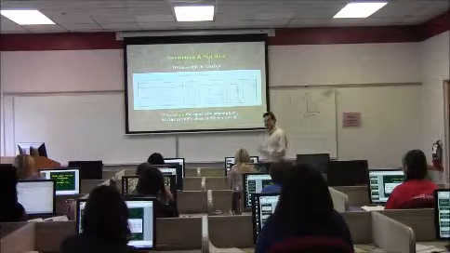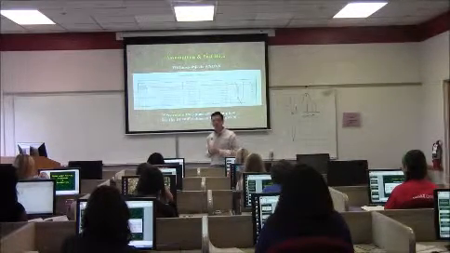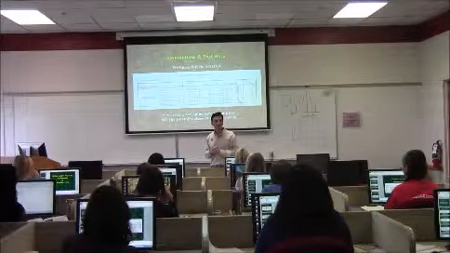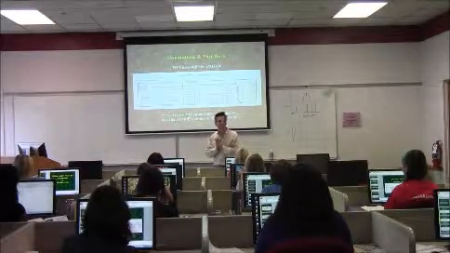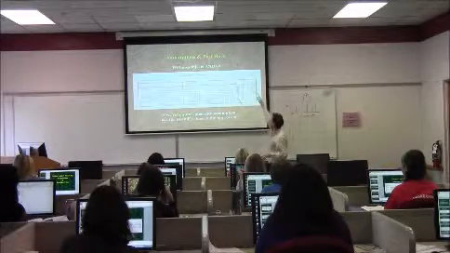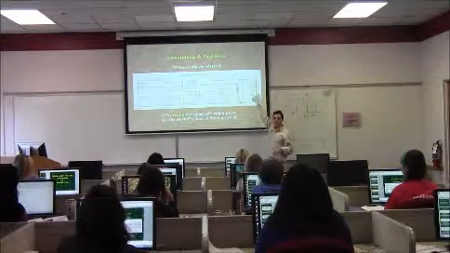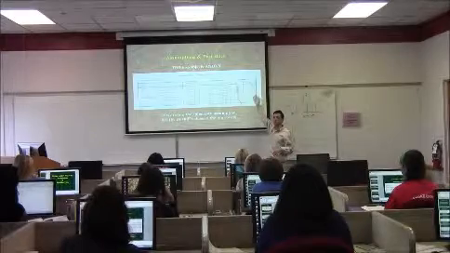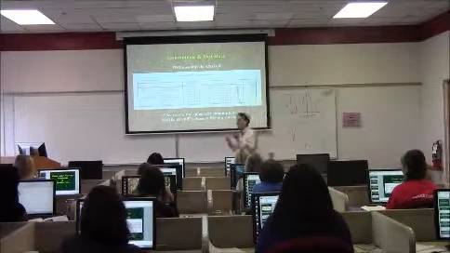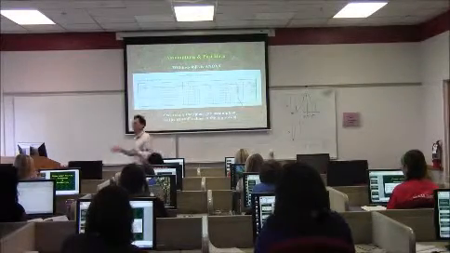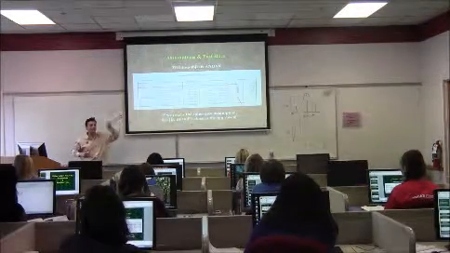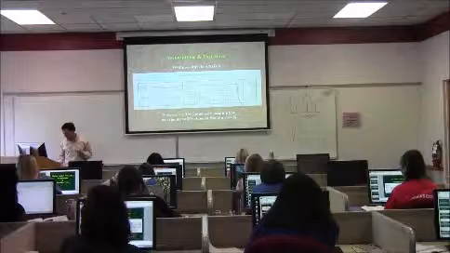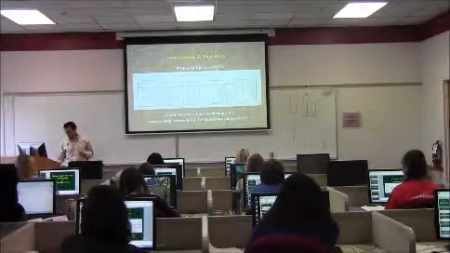I think there's a German expression that goes something like, a person with a watch knows what time it is. A person with two watches can never be sure. Same thing over here. Life was easier when we only had one sig value. Now we have a whole bunch of sig values. Which one do we use? We figure that out depending on which way Mauchly is pointing us. Mauchly will point us either to the top row or to the second row, Greenhouse-Geisser. All right, really good. Okay, so that's that one.